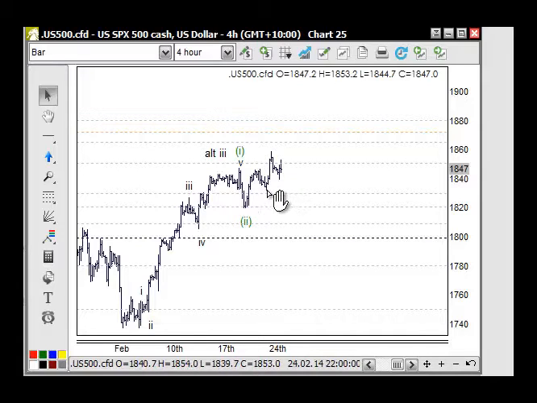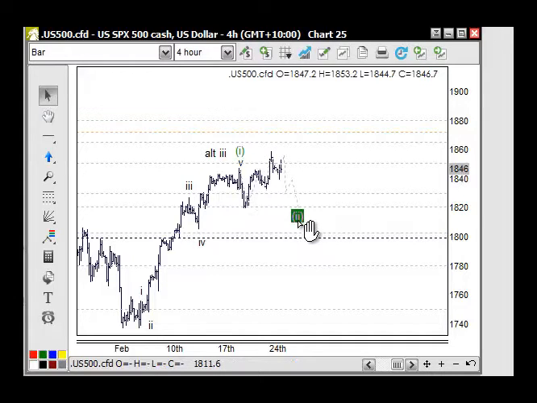So it really invalidates the particular count of 1, 2, 3, 4, and 5 moving up here. It's more likely to be, perhaps, a B wave going up there. So basically this could be an A wave, a B wave in 3 waves here, then a 1, 2, 3, 4, and 5 as a C wave here, in wave 2, coming into this place here. So that's a possibility. The bottom line is I'm a little bit unsure, but while the bonds are pushing up, we're going to see more weakness come into here. We've been waiting for this weakness, and it's not coming in the pattern that I expected,